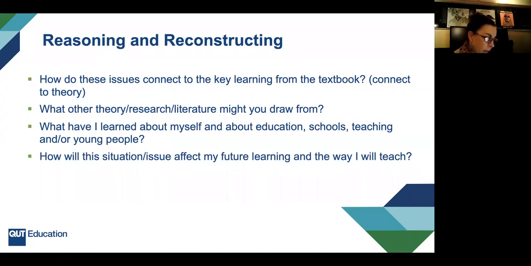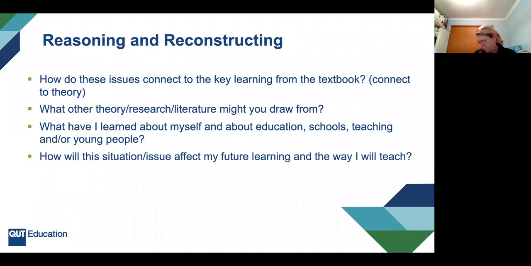Okay. I would look a little bit further, Lauren, maybe at a couple of articles on the QUT database, something fairly recent if you can find it, or possibly something seminal. By seminal, of course, I mean that it's respected research, even if it's older, like Bronfenbrenner or Vygotsky or something like that, that even though it is more than 4 or 5 years ago, it's actually important research. Good question. Anyone else?